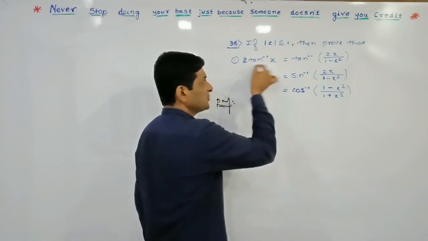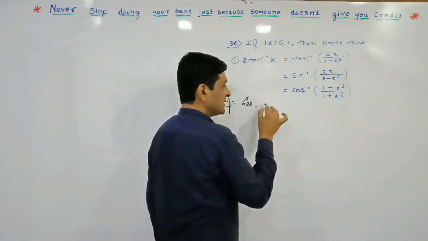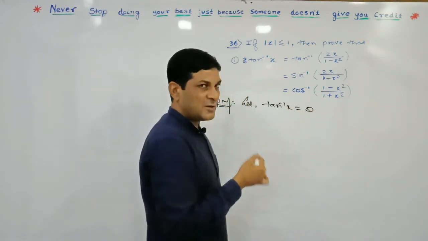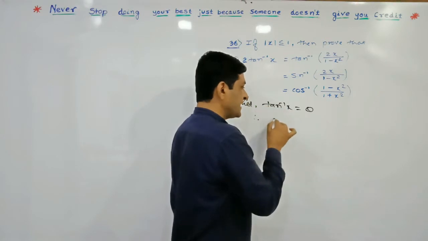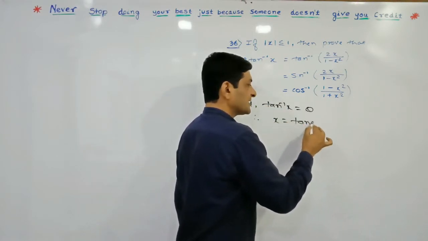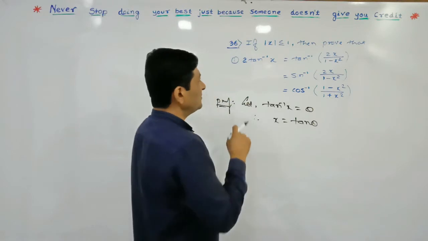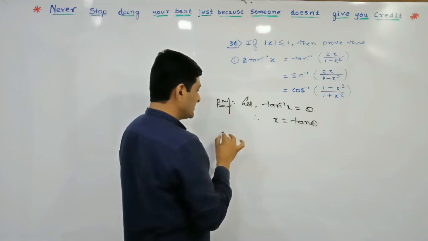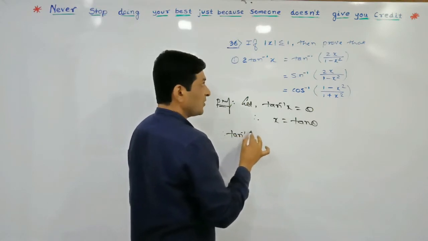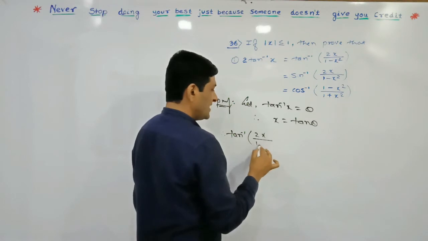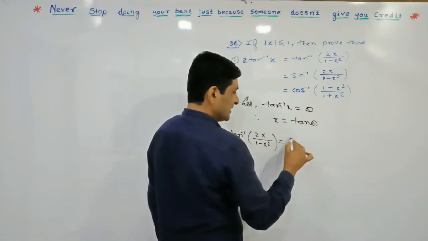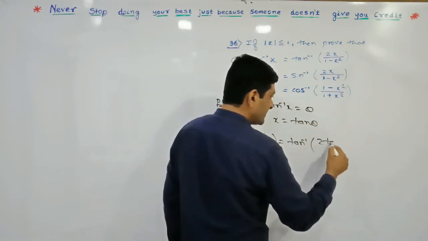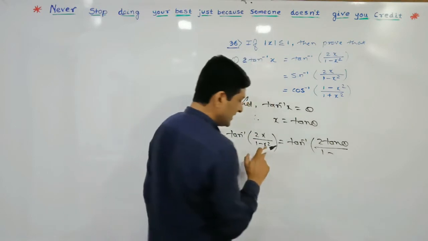So here I am supposing that tan inverse of x is equal to, say, theta. If I take tan on both sides, on this side tan and tan inverse will get cancelled, and on this side we will get x is equal to tan theta. So now I am considering the right hand side of this first example. Therefore tan inverse of 2x upon 1 minus x square is equal to, keeping this tan inverse as it is, 2x, where x I am replacing by tan theta, 2 tan theta upon 1 minus, again replacing x by tan.